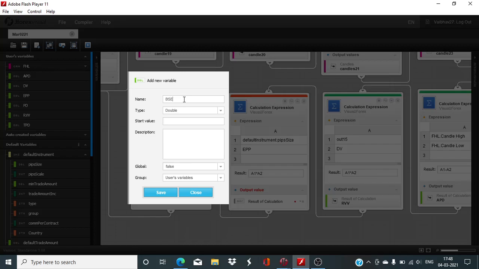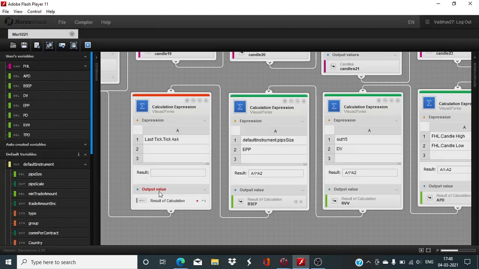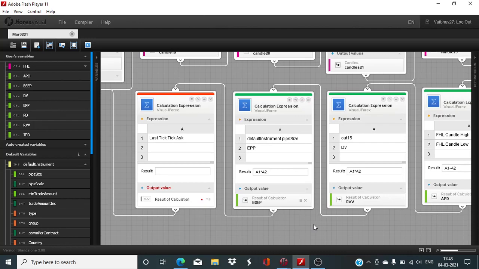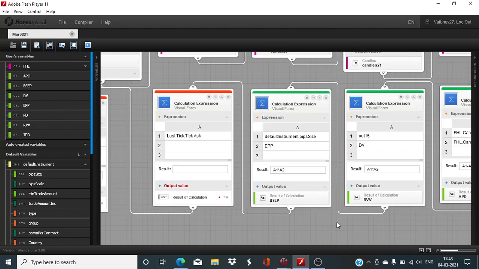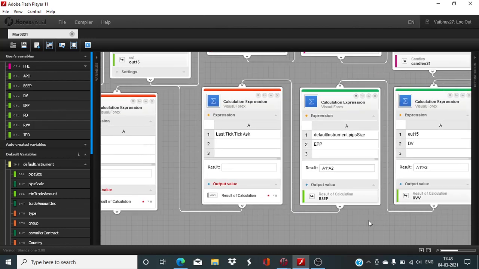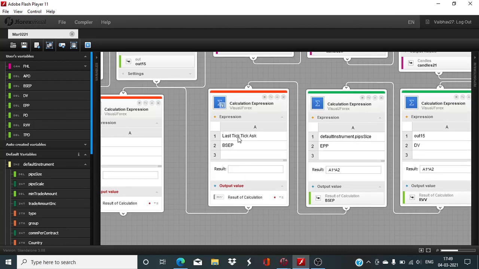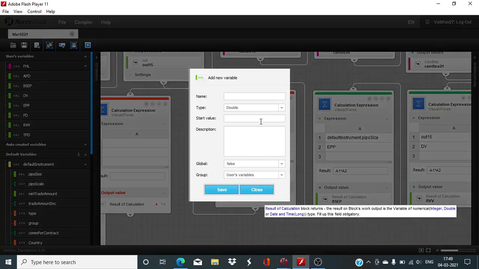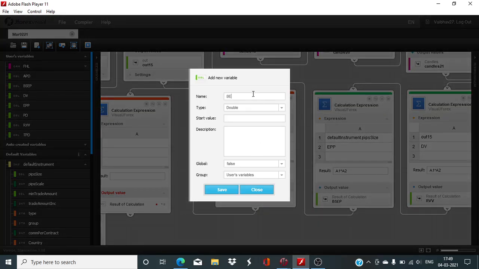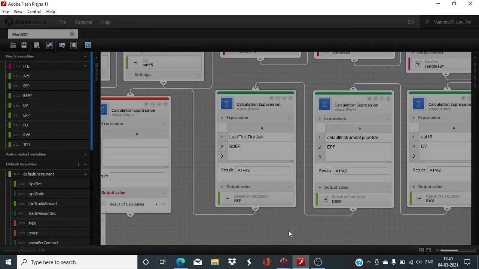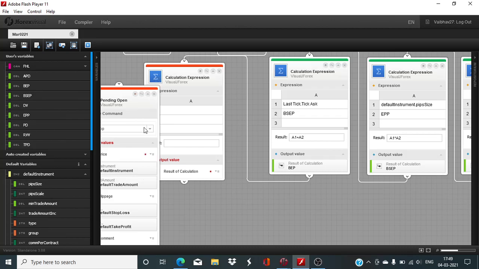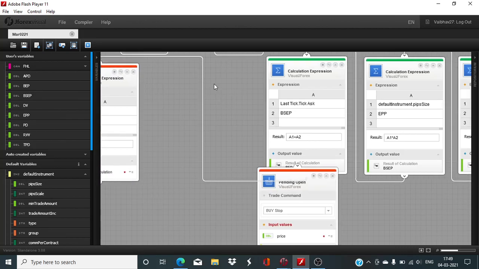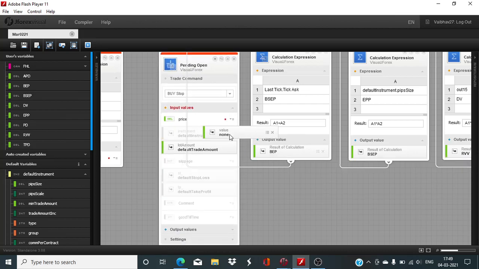So buy entry pips actually, not point, and we need to add this to last tick ask. So this is going to be a1 plus a2, and this will be buy execution price. Okay, so now we have this price,